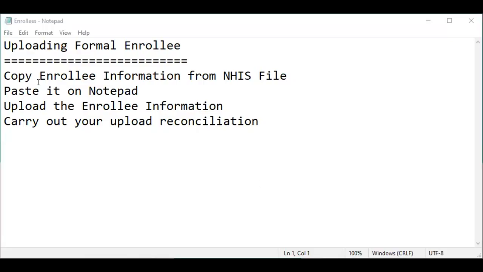Basically, we'll look at how to upload enrollees by copying from NHIS, as in I'm talking of NHIS enrollees now, not the informal sector enrollees. Copy it from the NHIS file, paste it on Notepad, upload the enrollee information, and then carry out the upload reconciliation. You are used to the NHIS file, which is the file that comes